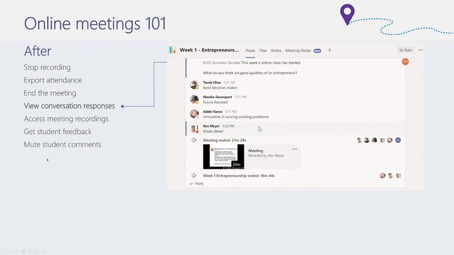As we go through this just a little bit further, we would then want to keep looking at the conversation responses. So we'll know from our meeting that we might generate more conversations. I've got conversations that appeared from within the meeting. The recording was then stopped, and then that recording appears within my meeting. So nobody has to go and rush and look for it. It's already there, and I can start to watch it later on. And I can see sometimes some of the people that have been in it by the faces that are there, so then we can get access to it.